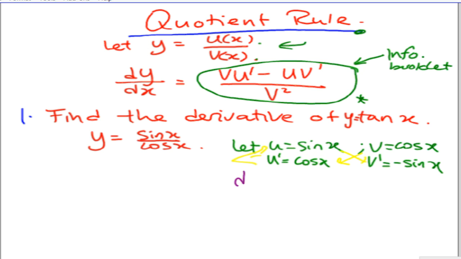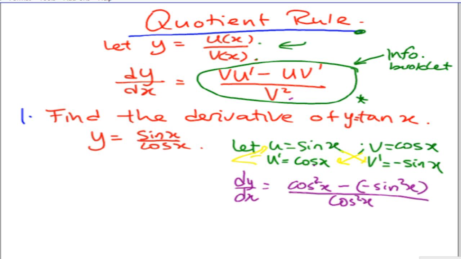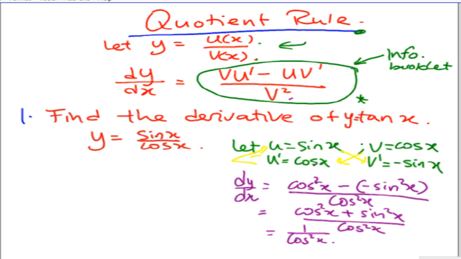So the dy dx in this particular case will be cosine x times cosine x, which becomes cosine squared x, minus sine x times negative sine x, which will be negative sine squared x. Everything is divided by v squared, so it's cosine squared x again. Now the numerator is just going to be cosine squared x plus sine squared x, which is basically equal to 1. So the final answer is 1 over cosine squared x,